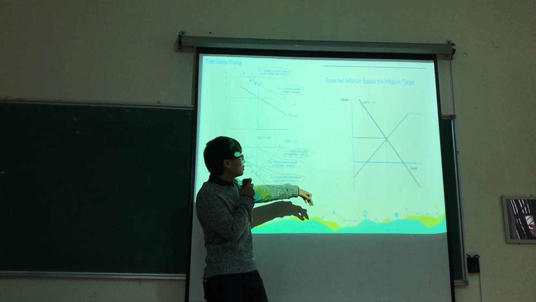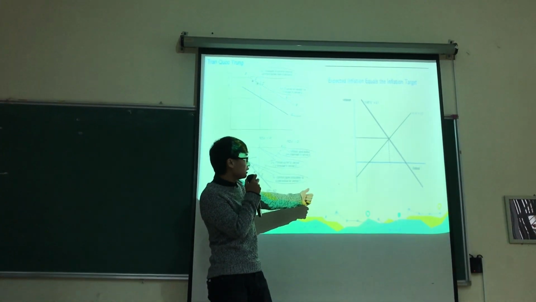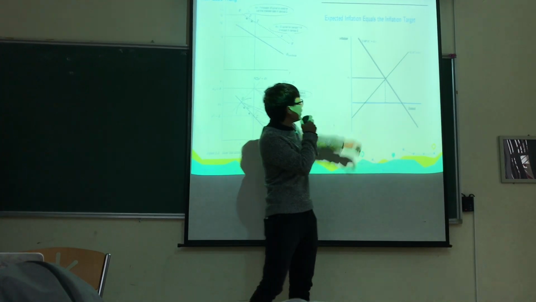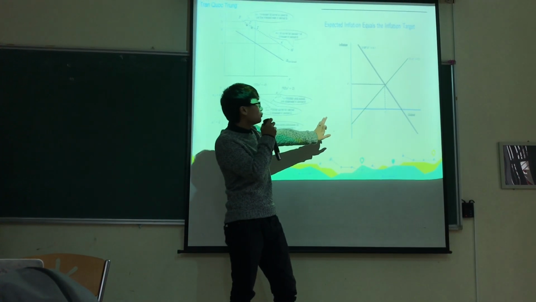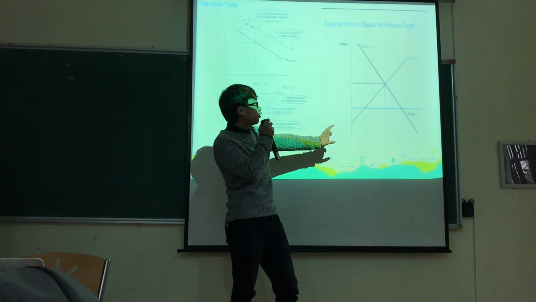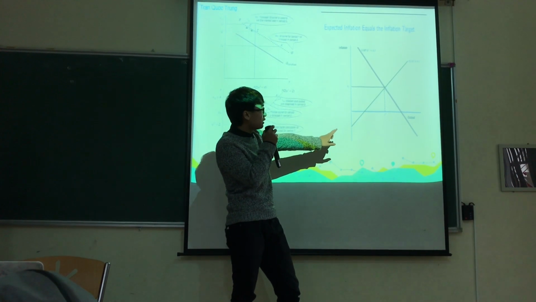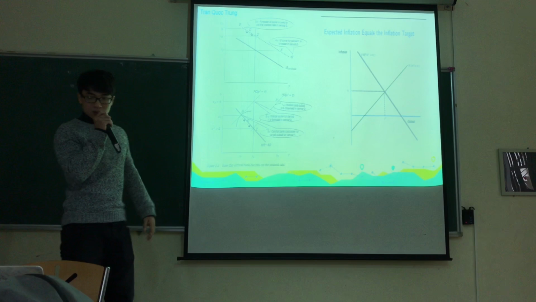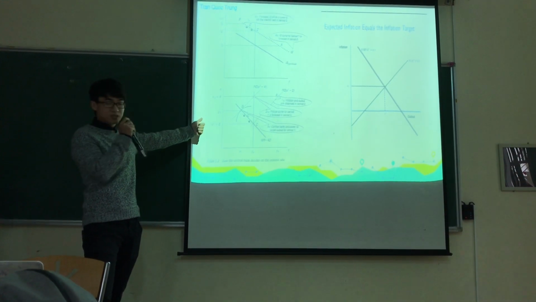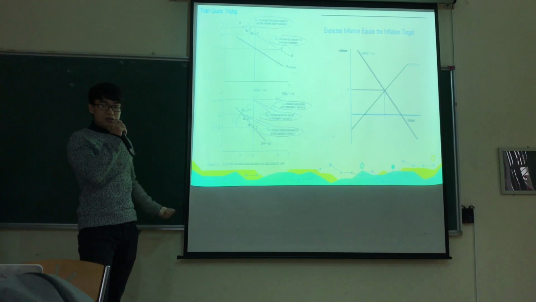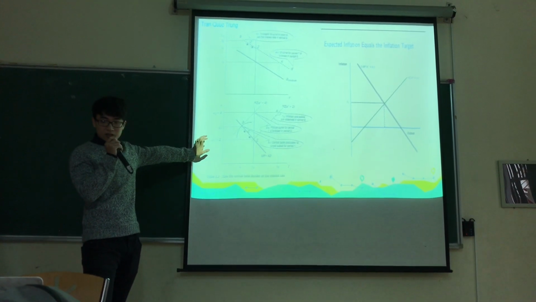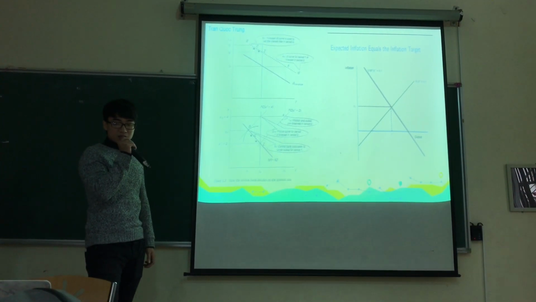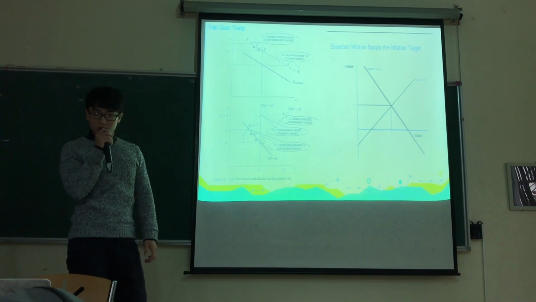In the new consensus, the equilibrium output and the inflation target are determined at this equilibrium point, and it was determined by the investment and saving, monetary policy and the Phillips curve. But this tells the central bank how to adjust the interest rate relative to the stabilizing interest rate in response to a deviation of inflation from its target. By setting the output, the central bank's problem in this way